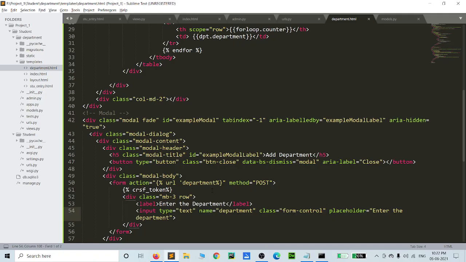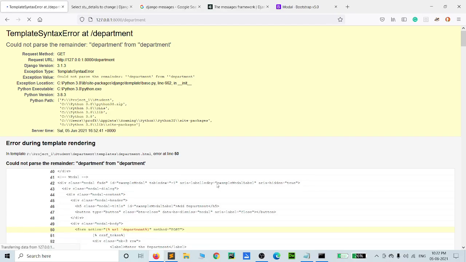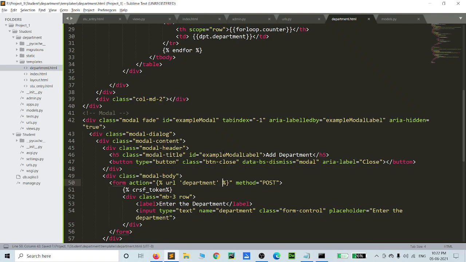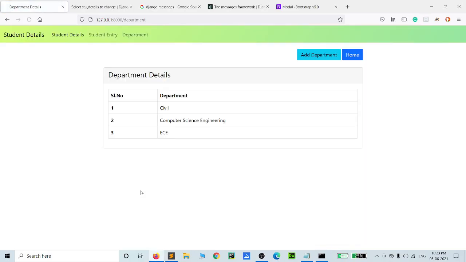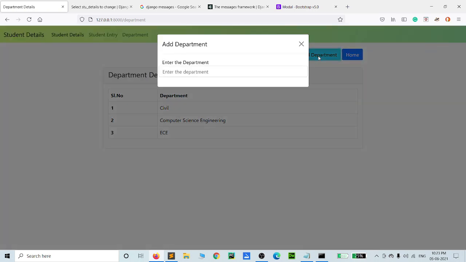Sorry, the name department had a spelling mistake, and CSRF token also had a spelling mistake.